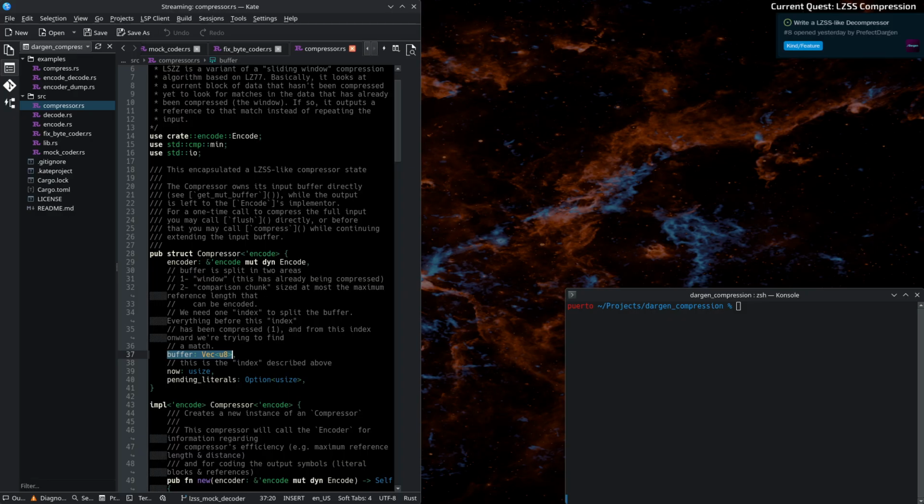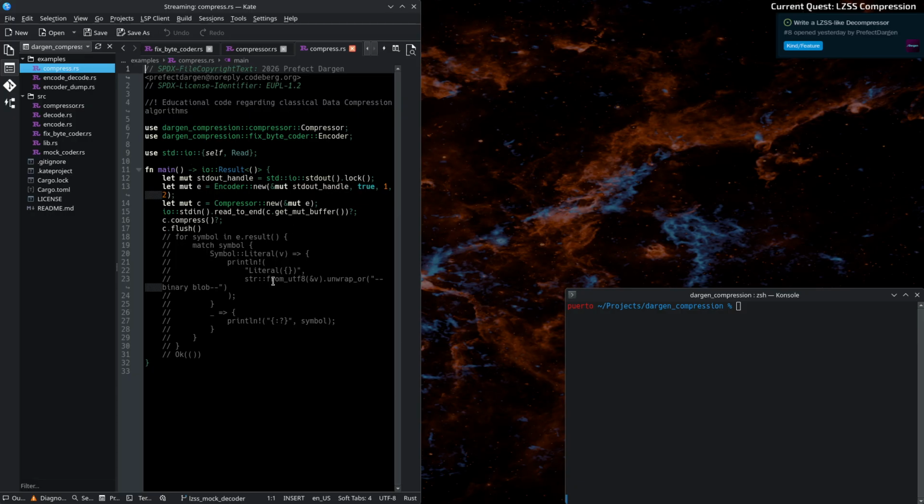So if we later want to send the data to a file, then we will do so just by taking the buffer and putting it on disk. Let's take a look at the example that we made for the compressor. The compressor did something similar. It first read from beginning to the end the standard input to a buffer that it compressed. So for the compressor, it would be basically